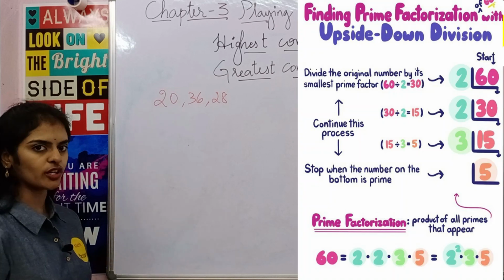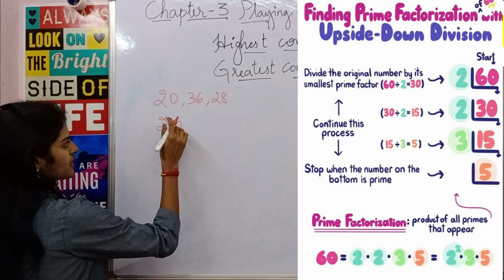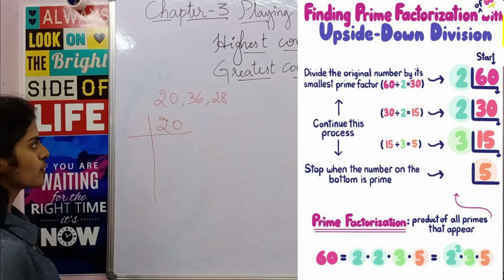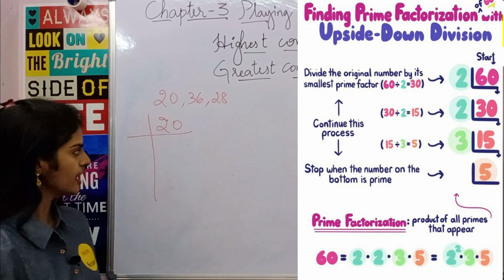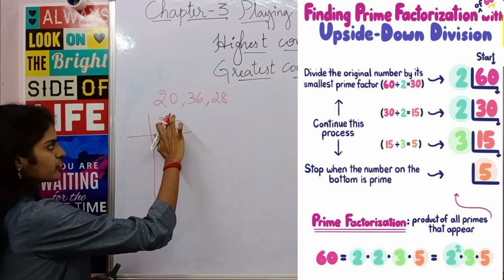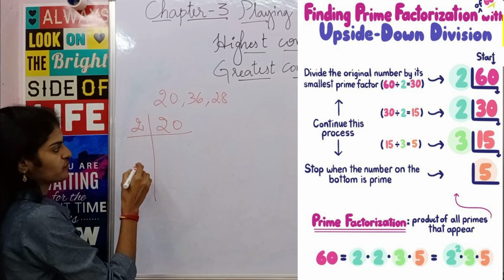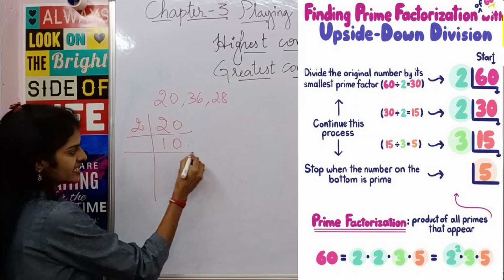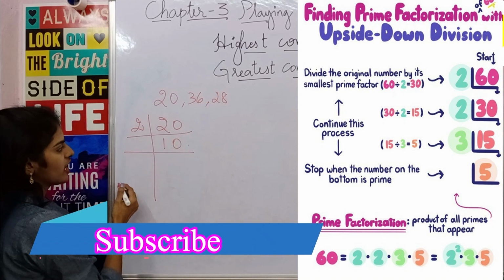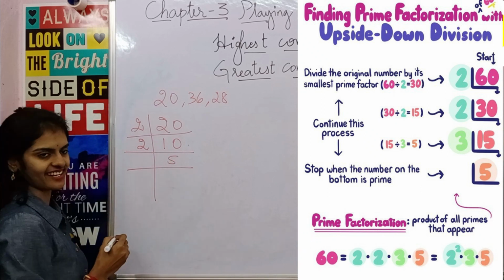Okay, so here what do we do? We first factorize 20 using the prime numbers. Okay, so this is how we do it. Prime factorization is nothing but you write only prime numbers on this side. So firstly 2 is a prime number as we all know, and 2 divides 20. Yes, so take 2, and 2 divides 20 10 times. 2 ones are 2 and 0. Again 2 divides 10 also, so 2 5s are 10.